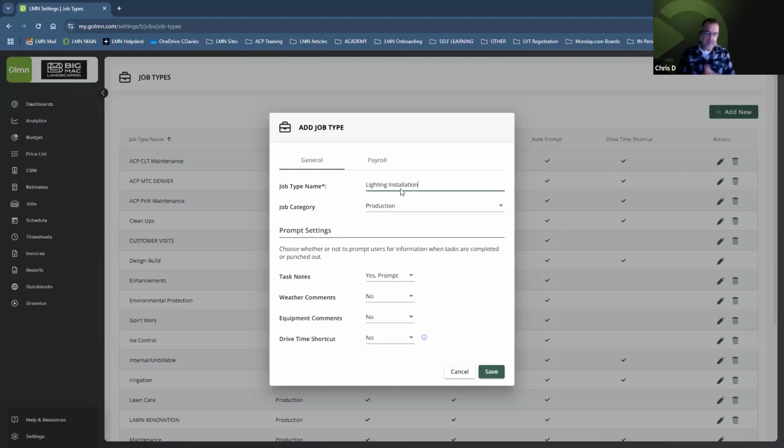But more importantly, you've got your lighting installation. This is the type of job that this is basically assigned to. Now, you then want to indicate if this is a production type job. Are you producing something, or are you billing for this type of work, or is this non-production, non-productive or unbillable? Down the very bottom, it will then ask you what feedback you want to